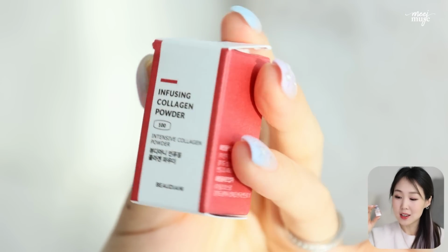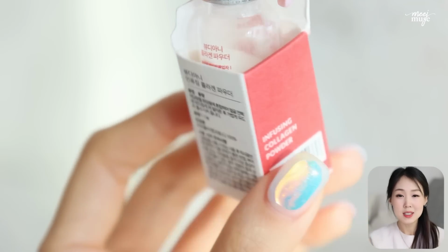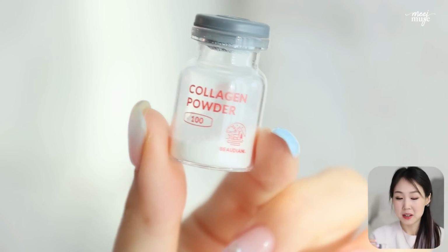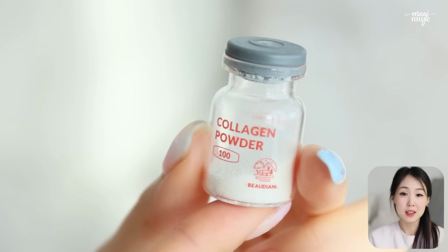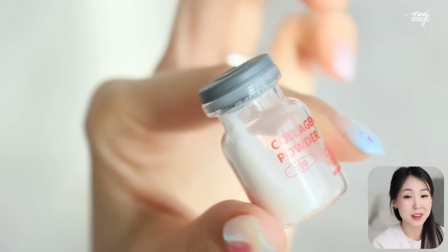So this one is 100% fish collagen based from France, and it comes in this tiny little thing, but I've been really enjoying this. It blends quite nicely, it melts quite nicely into the serums and essences, and it's kind of sticky, the collagen for sure, but if it's doing its job in anti-wrinkle and delivering that glow to my skin through the collagen, then I'm loving it. So that's something that I definitely wanted to include in the Best of Beauty Awards for